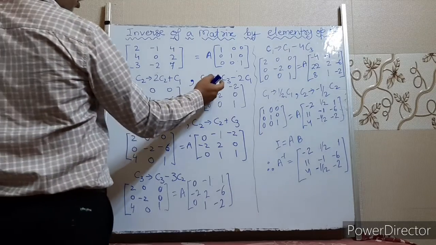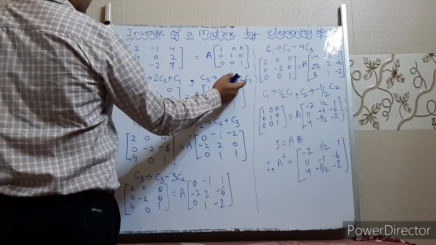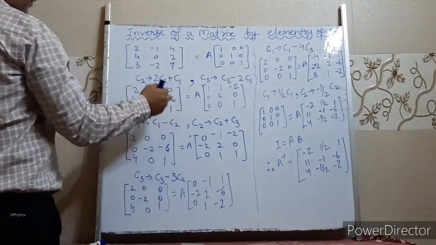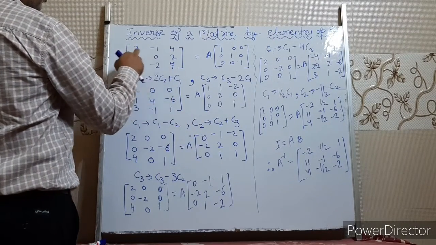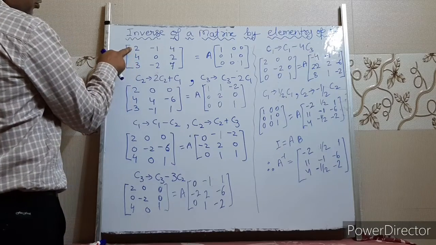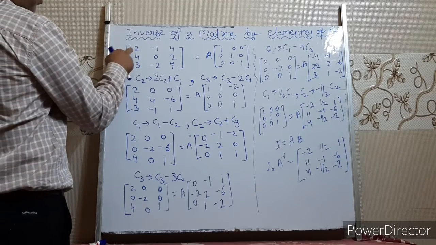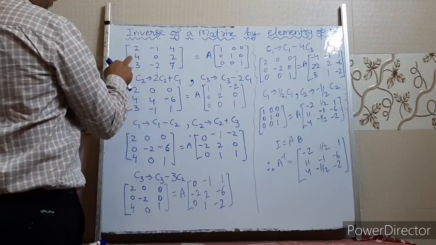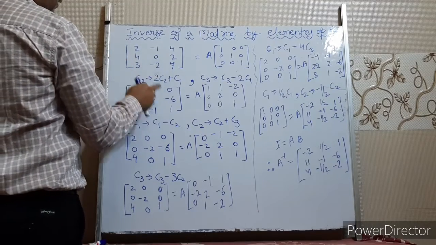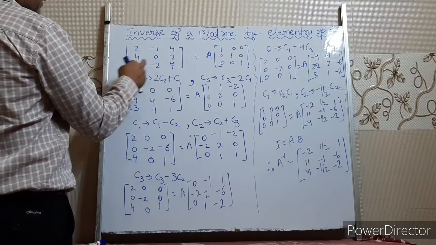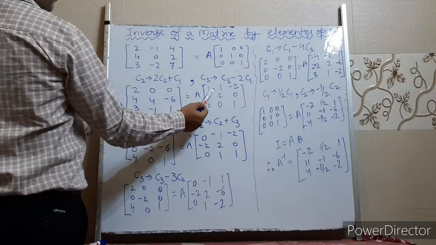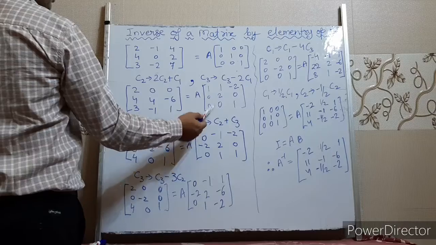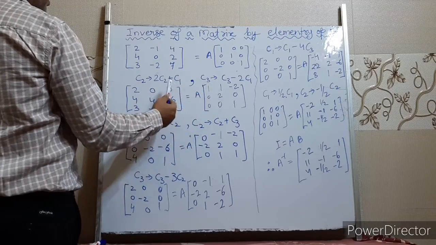And here in column 3 we are applying the operation C3 minus 2C1. So when you do that, C3 minus 2C1, this term will become 0. When you multiply 2 in the first column, 2 into 4 is 8, 4 minus 4, 0. 4 into 2 is 8, 2 minus 8, minus 6. 2 into 3 is 6, 7 minus 6 and 1. See what happened here? What we'll get? 1, 0, 0. There is no change in column 1.